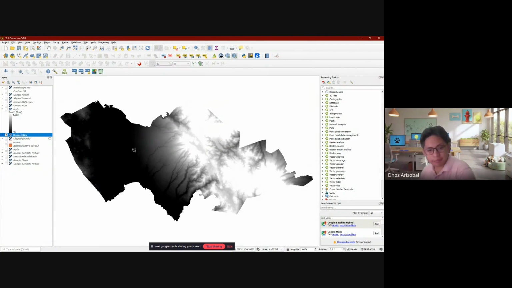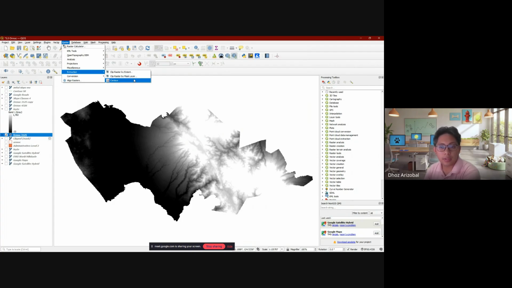I'll just continue. For your phase two, your task is to generate your contour map to make your topo map. To make your topo map, it's very simple. You go to raster and extraction, contour, and it's already there.